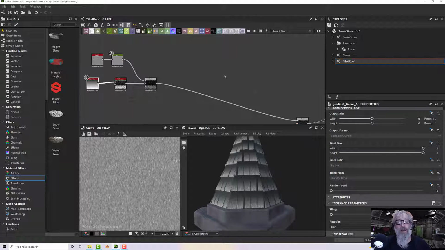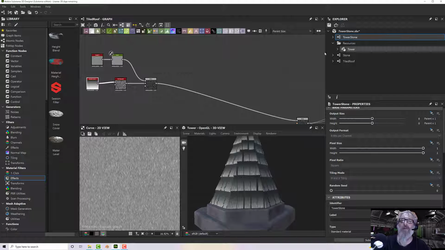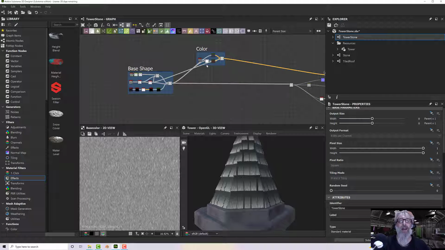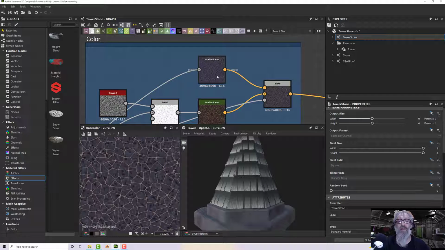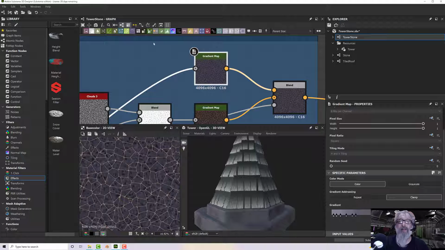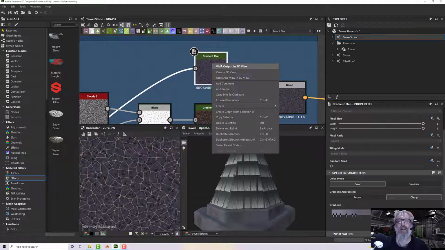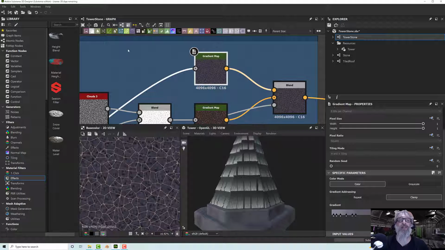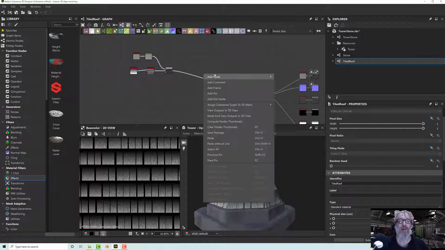Okay, so we're going to use the gradient that we used in the stone so that we match up to start with, and then I can adjust it to what I want it to look like. So if I go to my tower stone graph by double clicking on it and zoom into my colour bit, we've got this gradient map here which has mapped all our colours across the gradient. So if I right click and copy that selection and then double click back on my tiled roof, I can paste that in here,